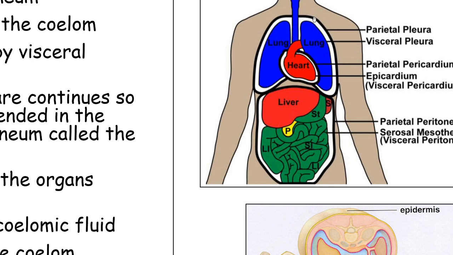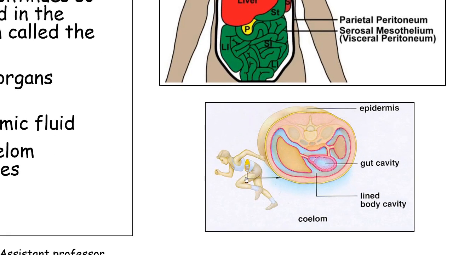And the mesodermal lining of the body wall, in the sense you can see here. So this is a cross section of the body, and this is the body wall, and this pink line is a mesodermal layer seen just adjacent to the body wall, and you can see a space shown in blue here, and also a pink lining on the internal organs. This pink lining adjacent to the body wall is called the parietal peritoneum, and the one lining the internal organs is called the visceral peritoneum, and there is a space between these two.